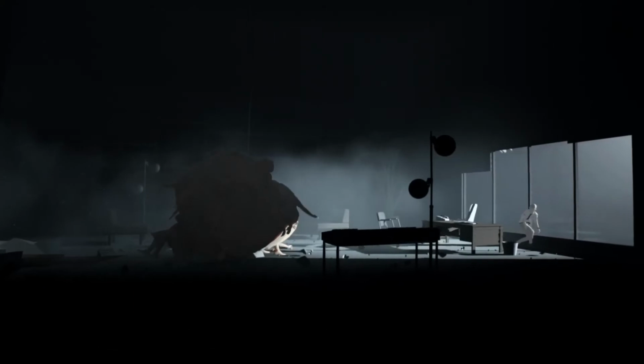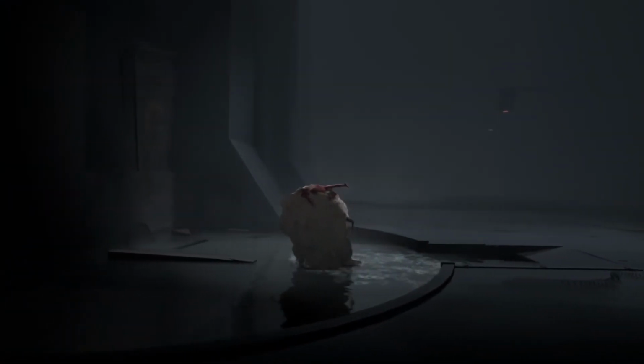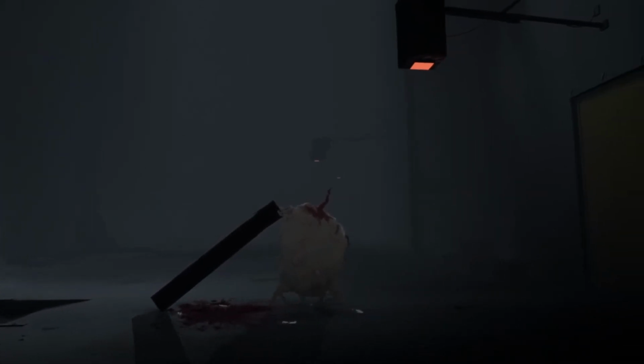Hey, you look like a guy in charge. Bye. Yeah, he's just dead. Well, dead and kind of also part of the mass. So yeah, a lot of people consider, because this was hooked up to all those pods, that this is like some sort of controlling entity, that this is utilized in some way to manipulate the drones, which is possible, but